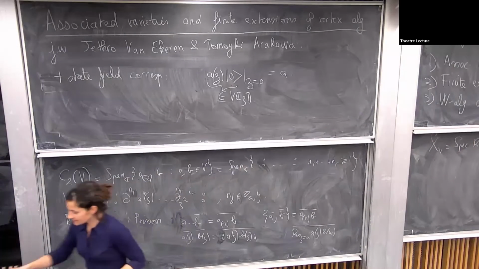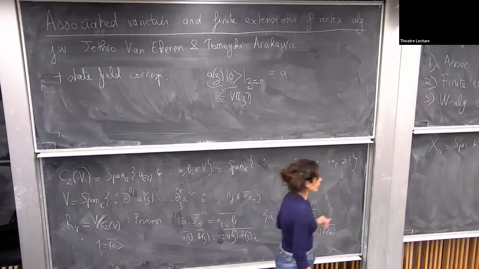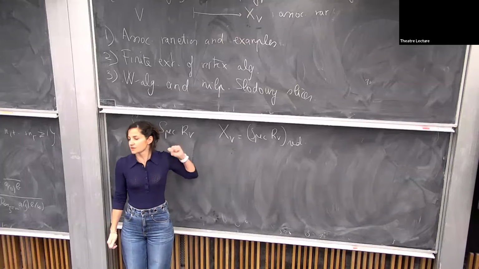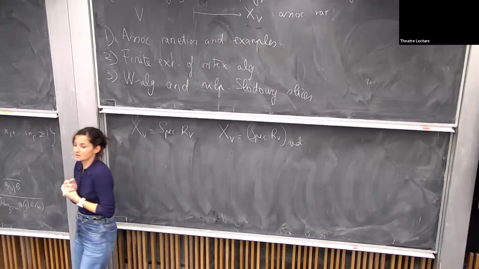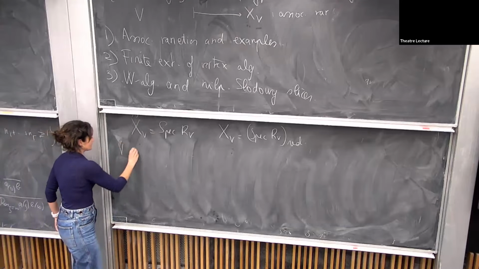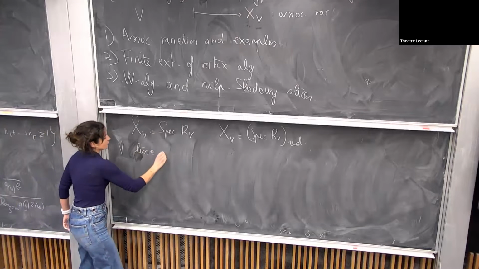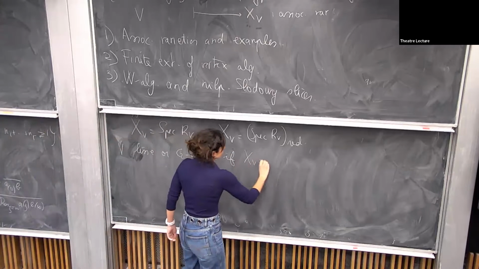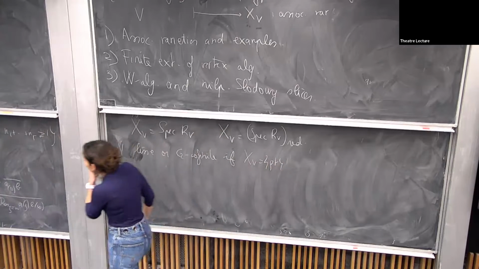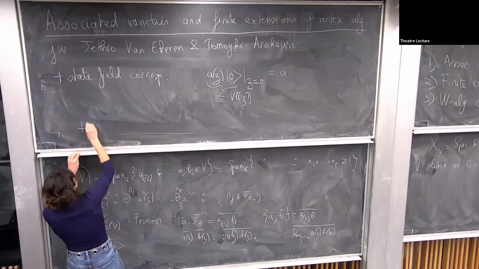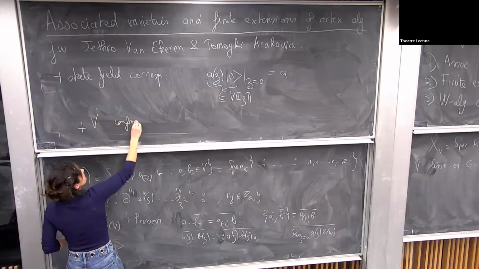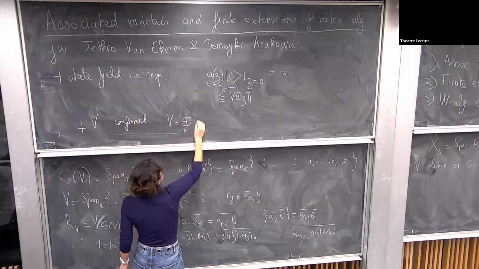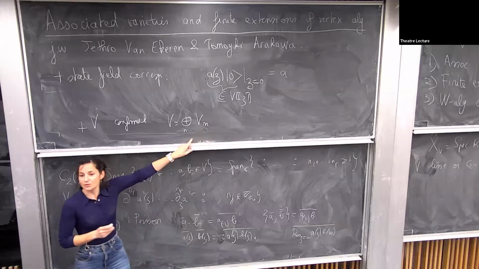And as you can expect, the nicest vertex algebras are those for which this is as small as possible. So in particular, if it is just a point, then V has very nice properties. So let's say that V is lisse, or C2 cofinite, if X_V is just a point. I will also assume that V is conformal. So in particular, V will always be Z-graded by the action of the Virasoro element.